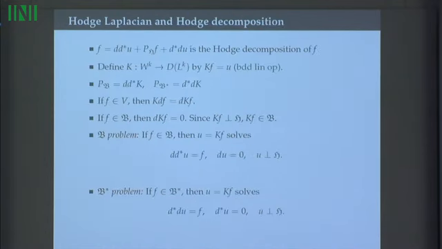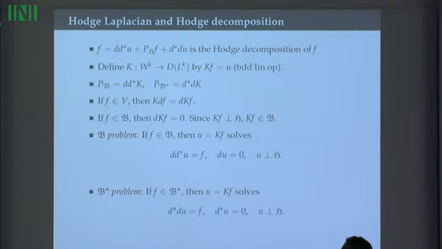Okay, this slide is too busy, and let's just start from the red here and skip the top of it. So where do we stand? We stand that you give me any Hilbert complex, I have a Hodge-Laplace problem, and it's well posed. Is there anything else I can solve with this Hilbert complex? Well, just applying the Hodge decomposition, I get 2 more problems. So it's easy to check, and that's what the top of the slide is doing, that if your f, the right-hand side, happens to be in the range of d,